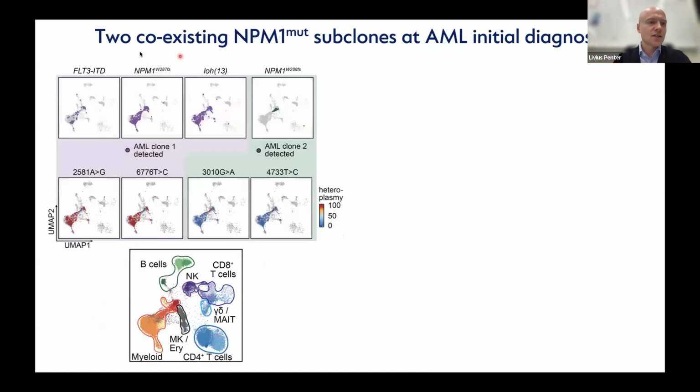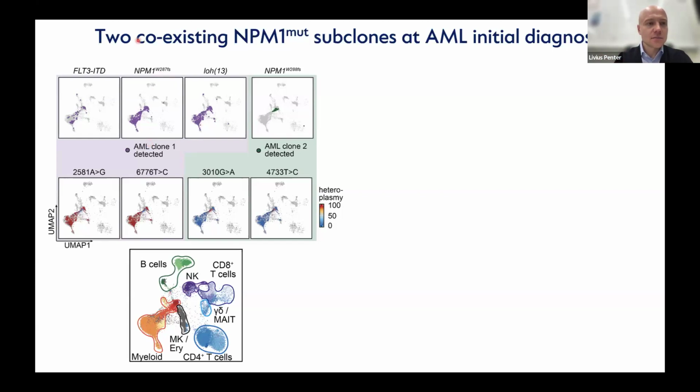Okay, I just want to give you one more example of how these two approaches complement each other quite nicely. So here I'm showing you a diagnostic sample from an AML that was supposed to have an NPM1 mutation. And when I used NanoRanger to understand this leukemia a bit better, I actually realized that there were 2 different NPM1 mutations that were just 3 nucleotides apart. So one codon difference, but nevertheless